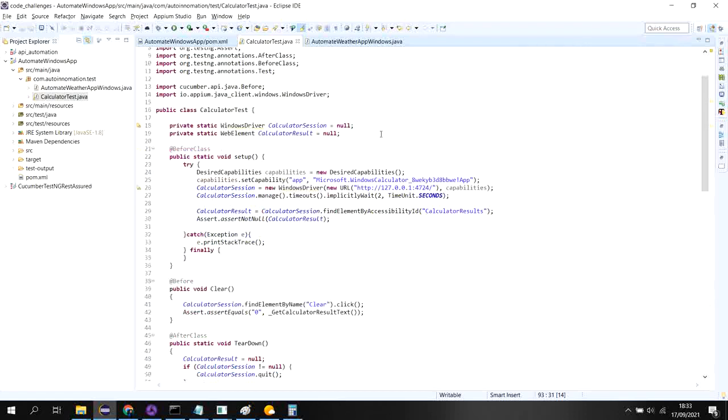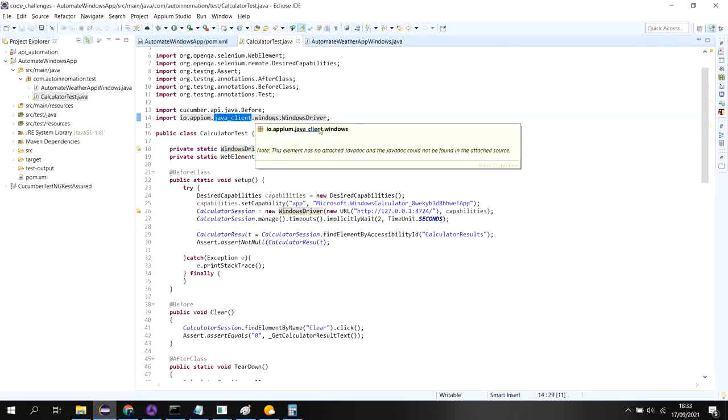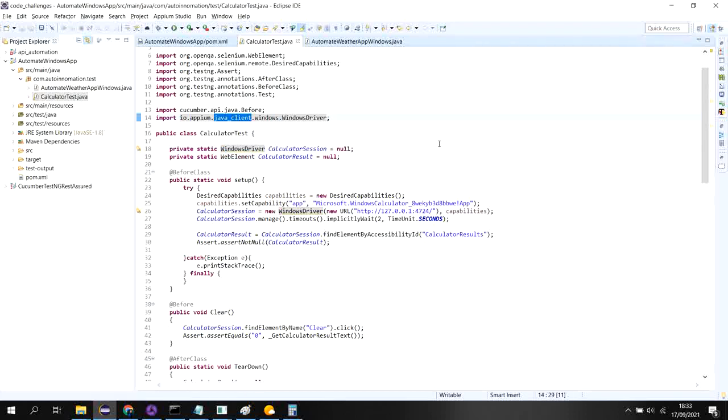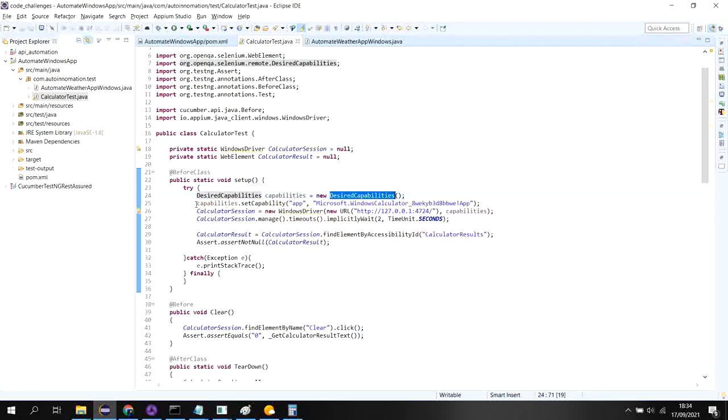So what I am doing in the script is creating a Windows driver, which is provided by the Appium Java client. I am using TestNG to run this. In before class, I am setting up the desired capabilities. In desired capabilities, I have to mention which app I am going to open and automate, the same as in Android or iOS, where we mention the app name.